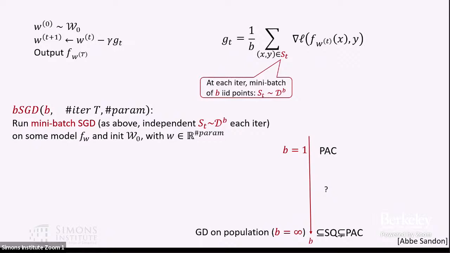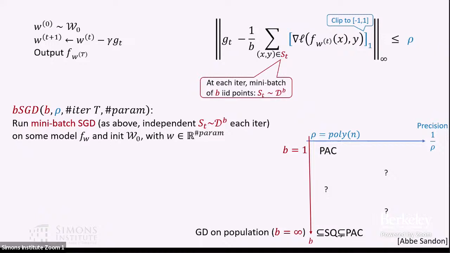But it turns out there's another very relevant parameter here, and that's the accuracy of our calculations. So Colin and Emmanuel's results, especially the negative result, rest on the fact that we have polynomial accuracy, or in other words, a logarithmic number of bits of precision, right? So all our gradients are only calculated up to some polynomial resolution rho. So what do we mean by that? We don't actually get back the actual gradient, we get back the gradient